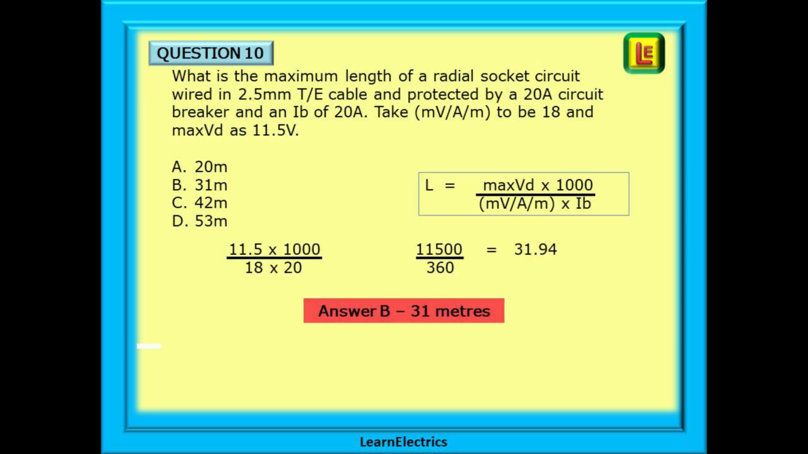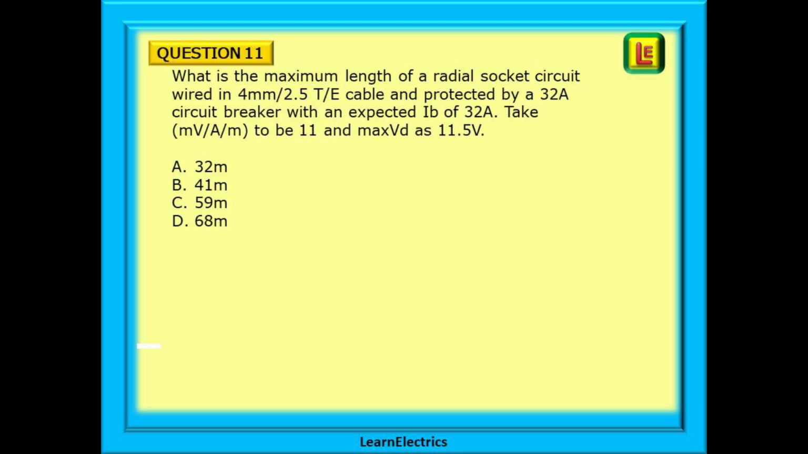11,500 on the top row, 18 times 20 or 360 on the bottom row. Our answer is 31.94 meters. Looking at the choices, we should select answer B, 31 meters. Now try question 11. What is the maximum length of a radial socket circuit wired in 4mm twin and earth